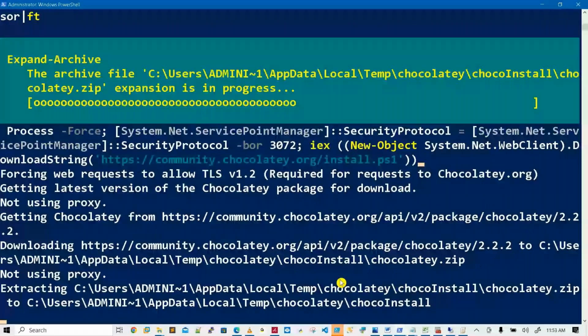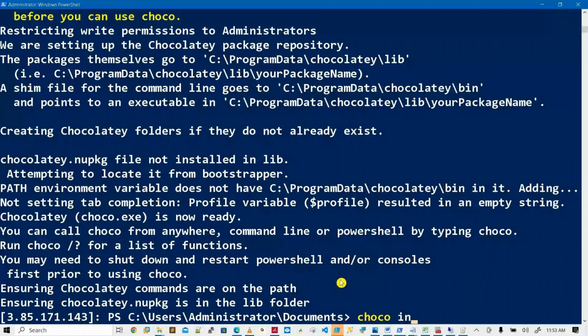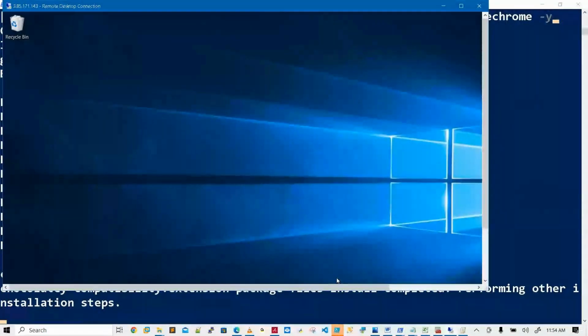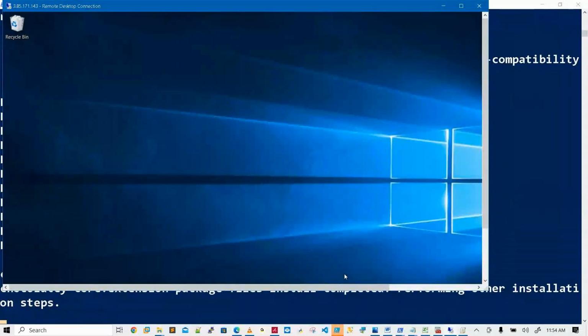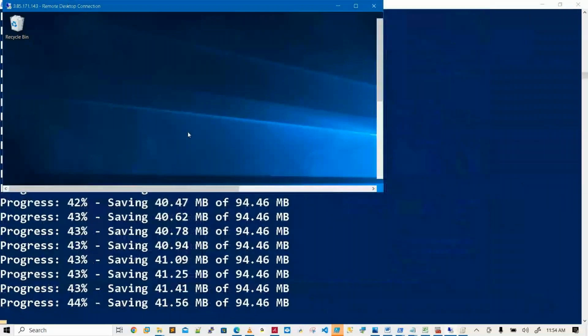I am doing something on my remote machine. See, choco install googlechrome. I'm trying to install Google Chrome on my cloud machine in front of you, but I am sitting at my laptop.